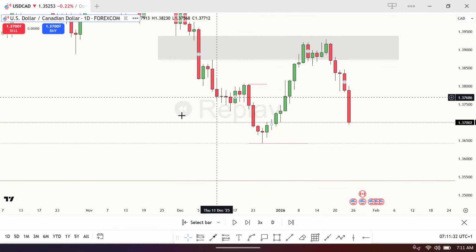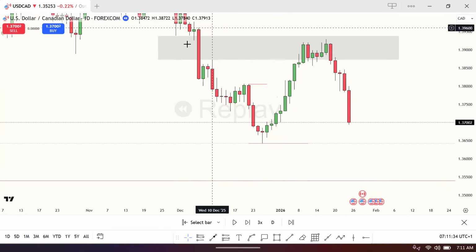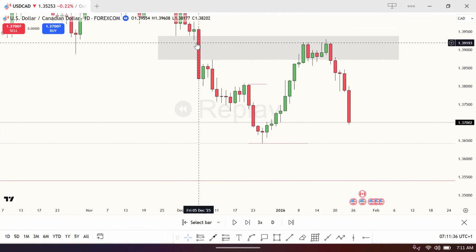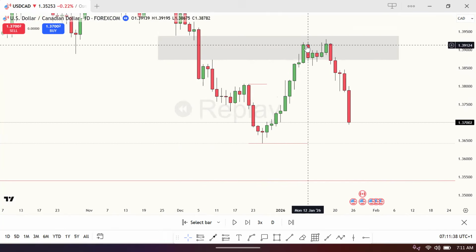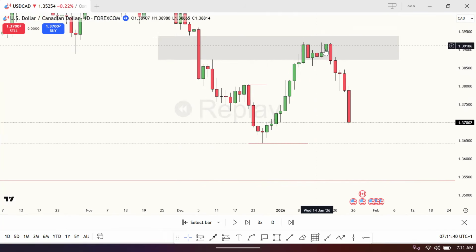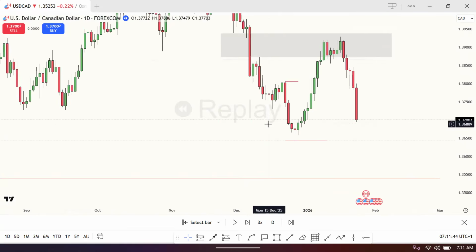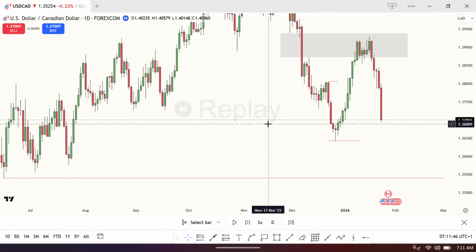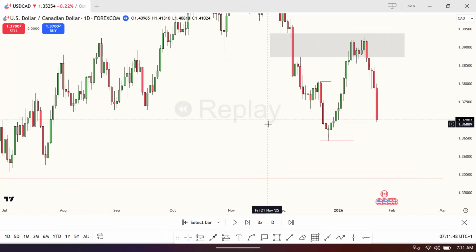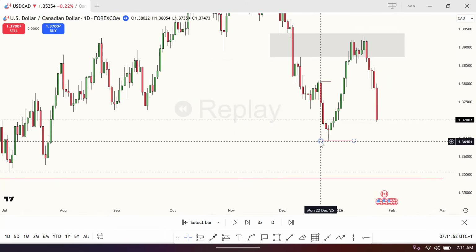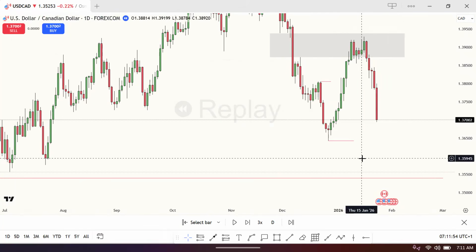Now, why didn't price just reverse from here? Because there is a daily fair value gap, right? So price had to go into that daily fair value gap before reversing. This is something that I would also teach, how to build a proper narrative while applying candle